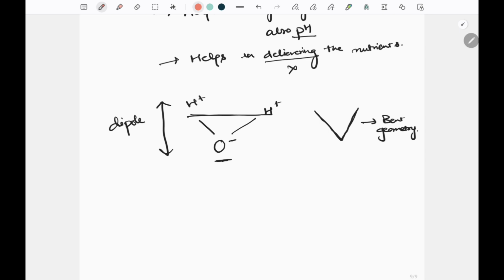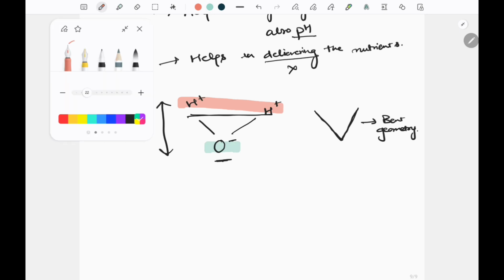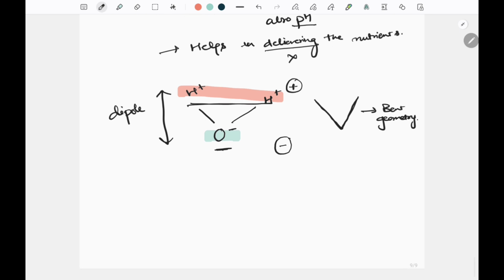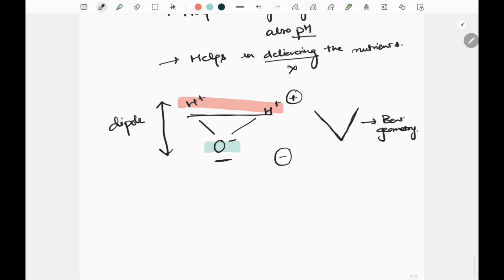Because if you see, this part is positive and this part is negative, right? So this particular part becomes very positive and this particular part becomes negative, thus there is a creation of this dipole. And also if we look at the electronic structure, you do not need to remember the exact electronic structure, but it has an sp3 hybridized structure. Okay, so it is something like this. If you have seen the chemistry, it is a tetrahedral